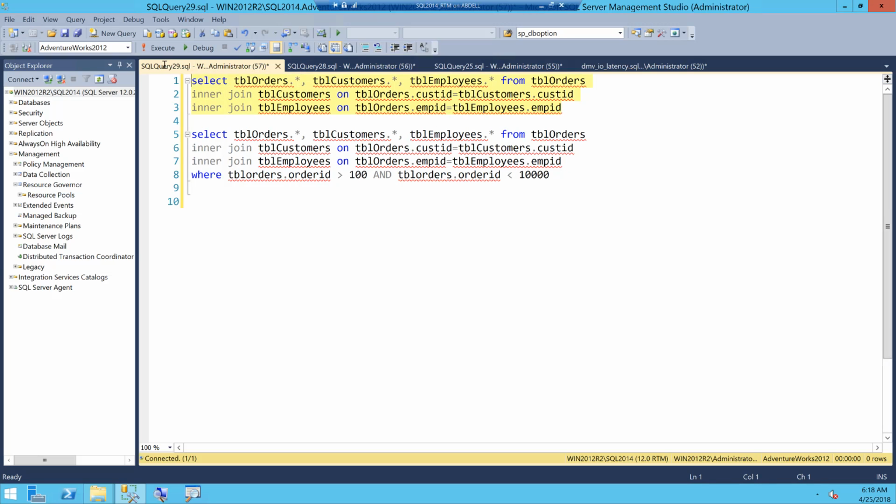If you see, the first one does not have any filter, so it's actually selecting all the data from these tables, and it's just doing an inner join there. And this one has a filter on order ID. Of course, these two workloads are different, and that's why the signatures are different, and you get a different query hash. Now you can see that these two workloads come up in the top most expensive IO workloads,